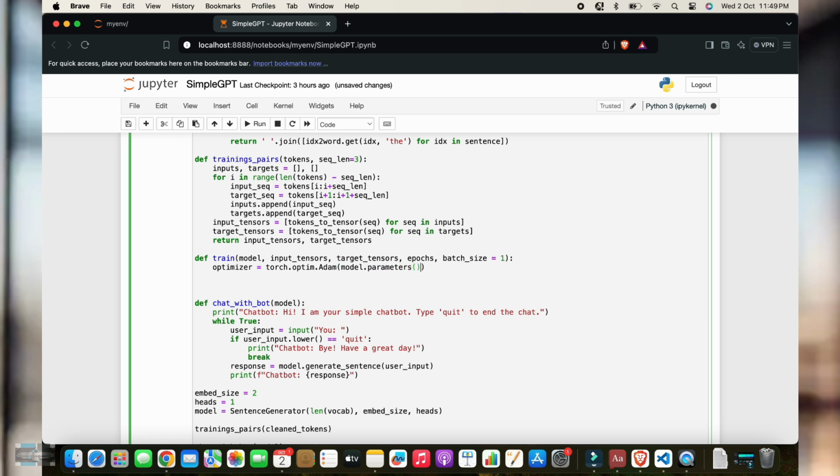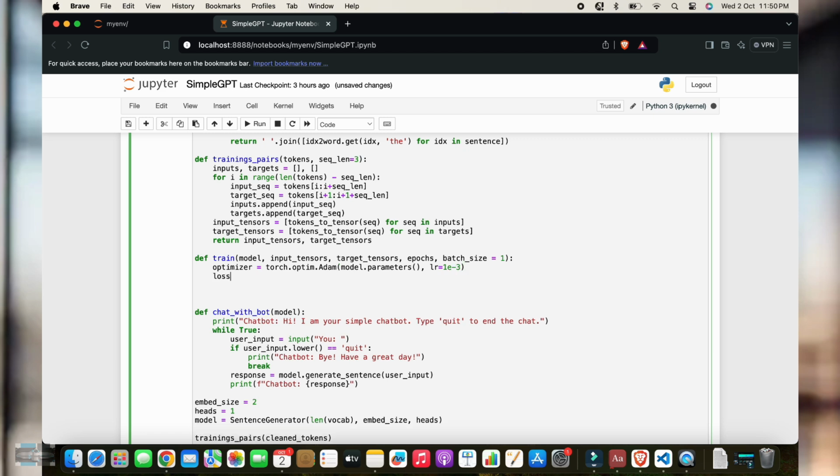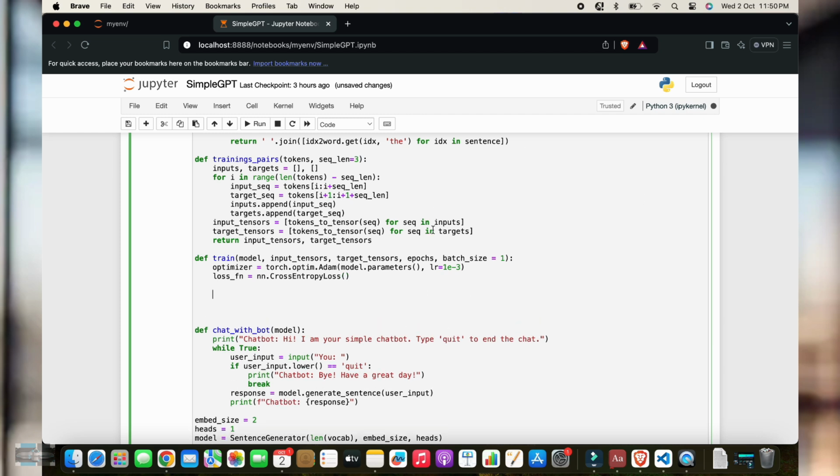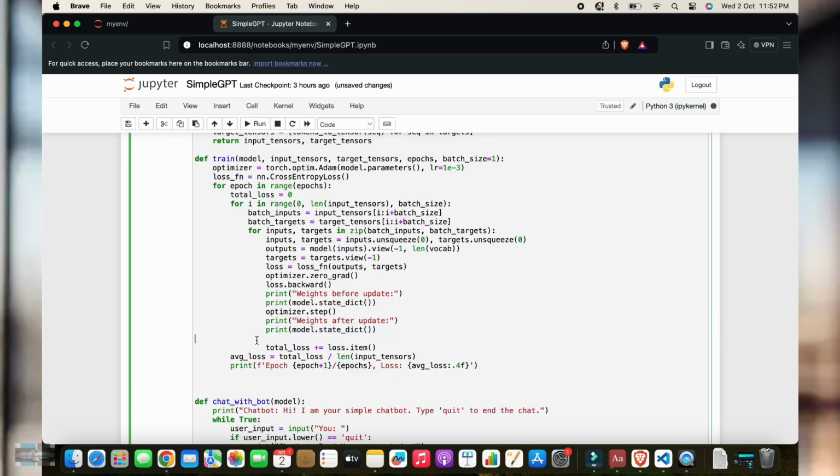For optimization and loss calculation, we are not going to write the logic ourselves. By default, there is a method for those things. So we are using the Adam optimizer, which is the one that adjusts the weights of the model while correcting the mistakes. And the cross entropy function is going to calculate the error difference. So after training, the model will become an expert at predicting the words.